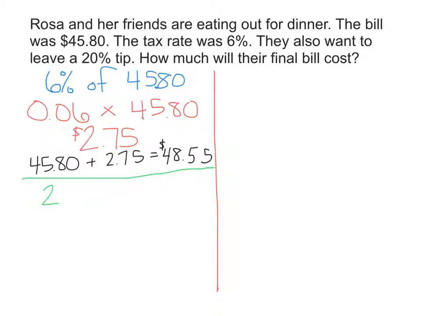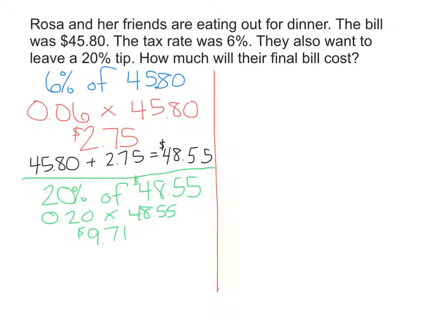Alright, sorry. So we're going to find 20% of the total that we just ended up with, so 48.55. And then we're going to follow the same steps. Change the percent to a decimal. Multiply by the total. And we should get